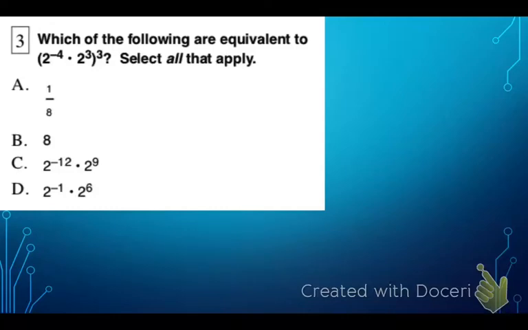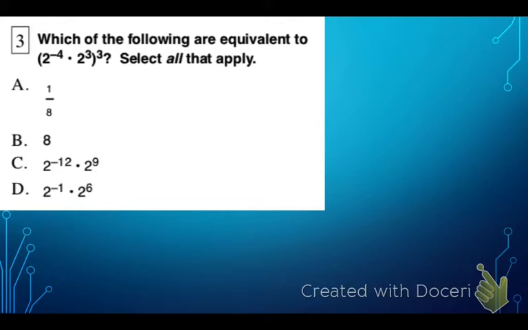Okay, so question number 3 is which of the following are equivalent to the product 2 to the negative 4 times 2 to the third power, and we are to select all that apply. Well, I know that 2 to the negative 4 times 2 to the third power would be using my power